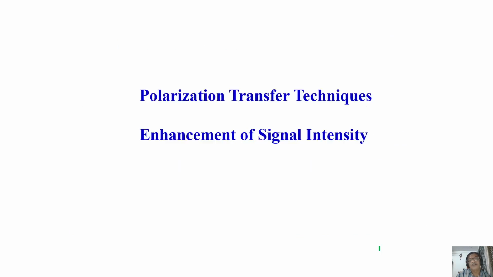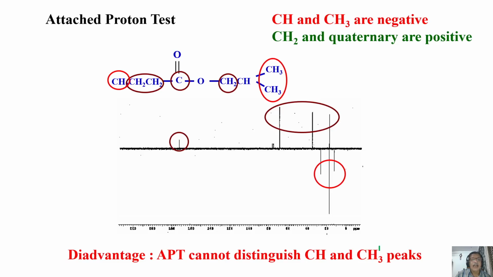We do what is called the polarization transfer techniques, where we can enhance the signal intensity. Here we were only looking at the identification of different carbons. Okay, you identify the carbon. You do this spectral editing. This is called spectral editing: editing the spectrum to find out which carbon is which. But as I said, my problem of sensitivity is not solved. Still, carbon is less sensitive to detect compared to proton. So what do we have to do?